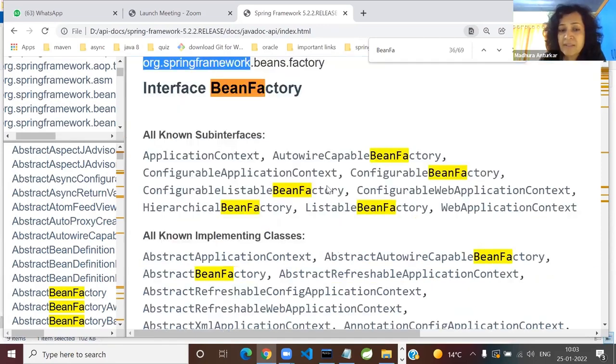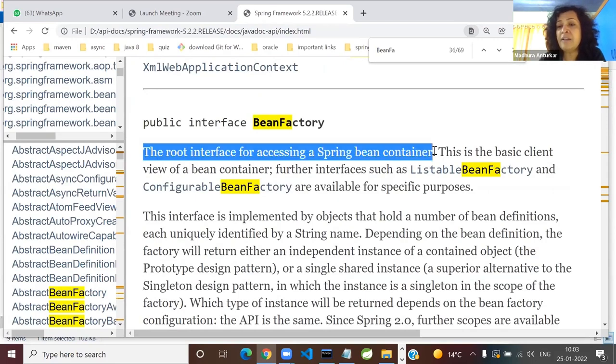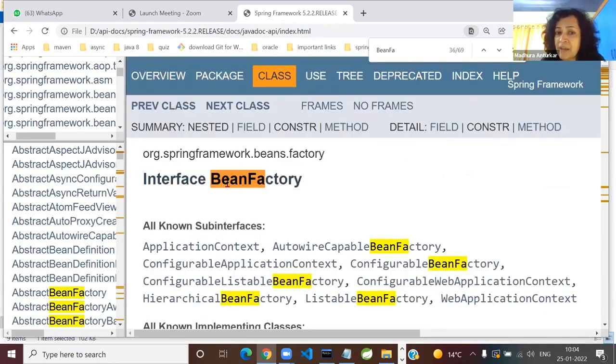And here is the root interface for starting the Spring bean container, just like our whole servlet API started with the Servlet interface. So what is the starting point of the Spring container API? BeanFactory. Is it an interface or a class? It is an interface. The moment you read the word BeanFactory, can anyone tell me what must be its role?